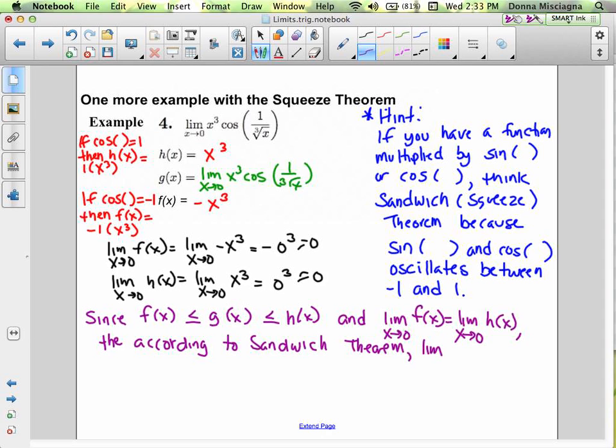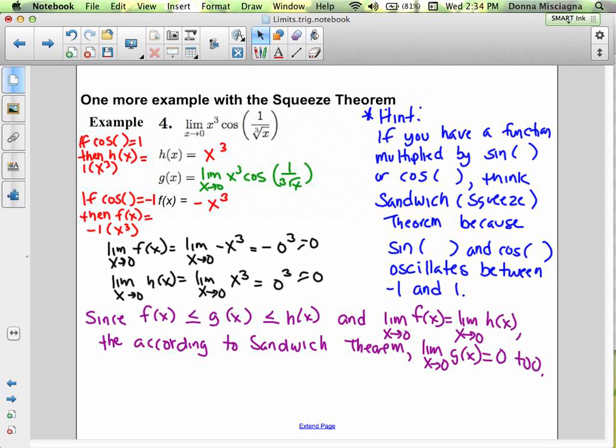the limit as x approaches 0 of g of x, which we have labeled, right? So we did label our function as g of x, so we are okay in just calling it g of x. If you're worried about it, you can give its name too, right? But since we've labeled it as g of x, we are okay to call it g of x, right? So the limit as x approaches 0 of g of x equals 0. So when you're justifying, make sure you note the important pieces of information that are the limit that